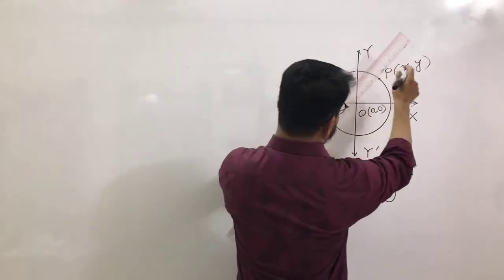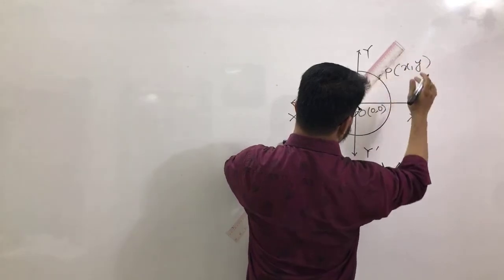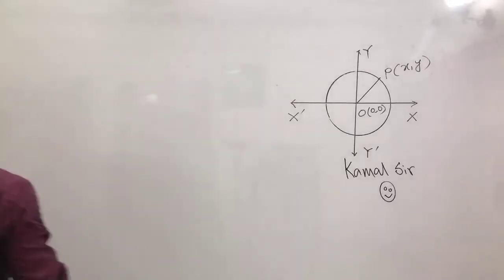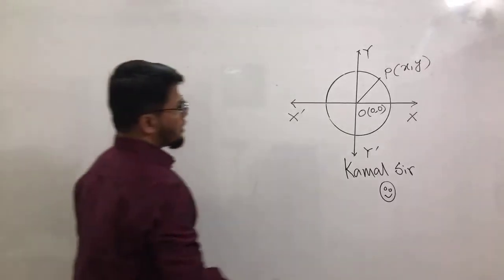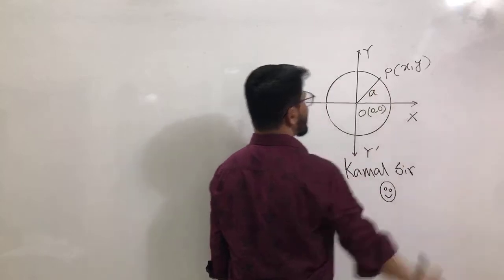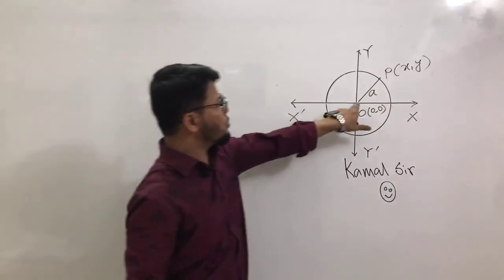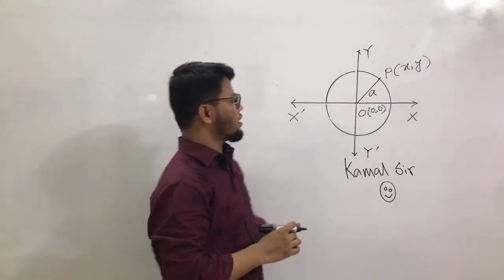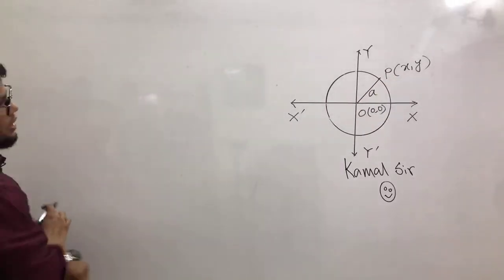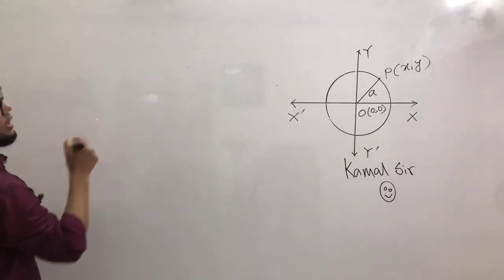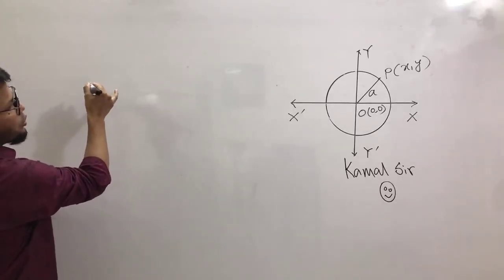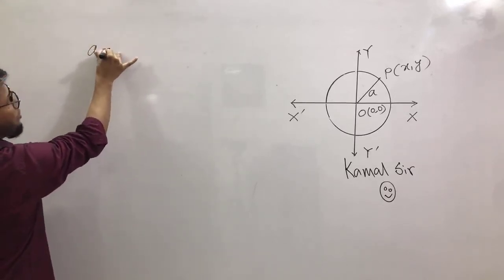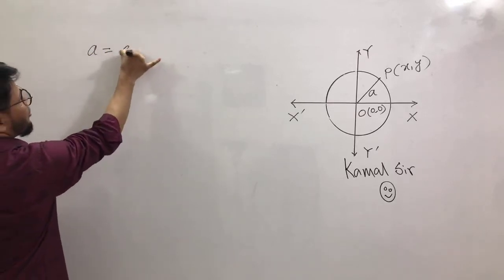Now draw center and any point on the circumference of the circle, we will get here radius. So if we consider here the radius OP equal A, then what will be the relation between center, radius and point on the circumference of the circle? From coordinate geometry, we can write here A equal radius, A equal OP.